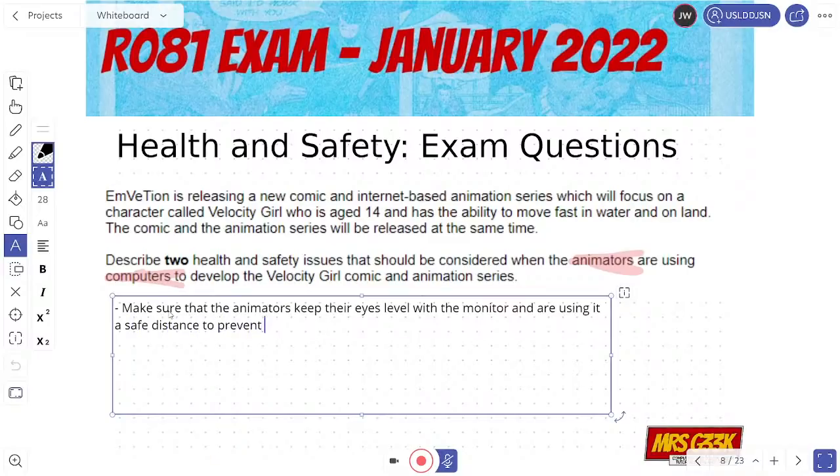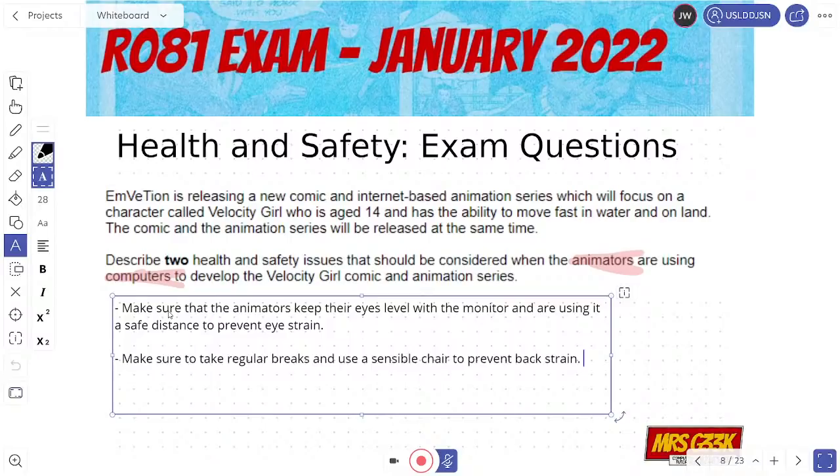So we need to put in there what the actual thing is that might need to be worried about. And then lastly, make sure to take regular breaks and use a sensible chair to prevent back strain.